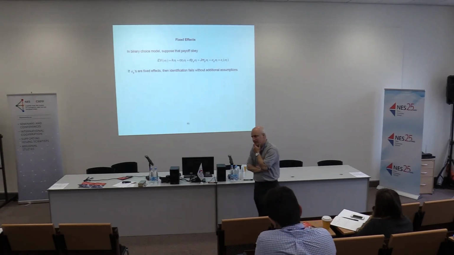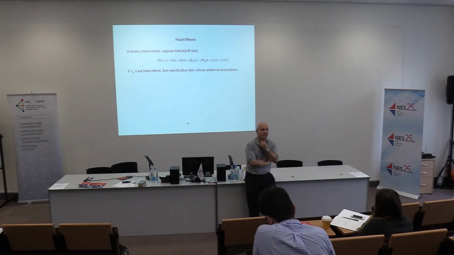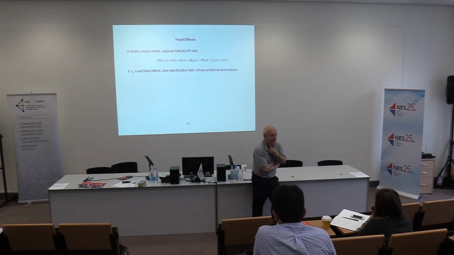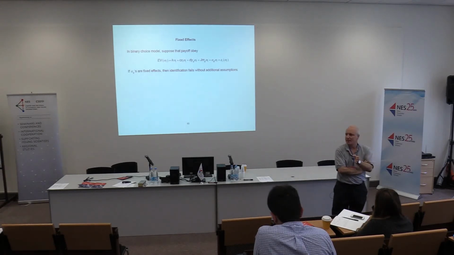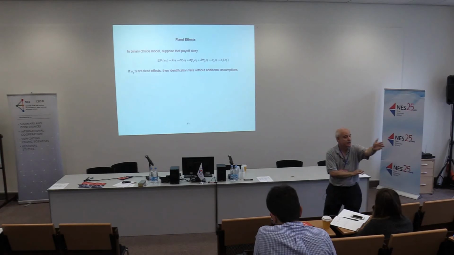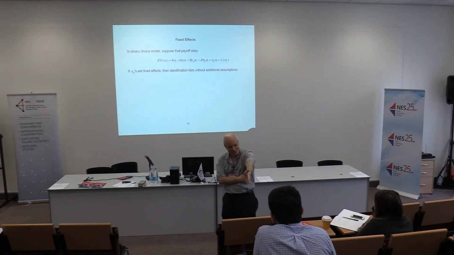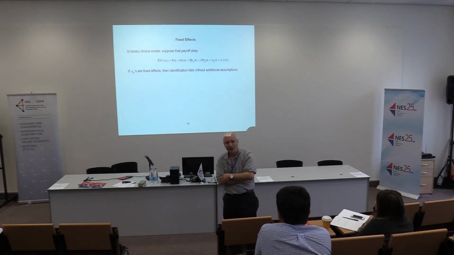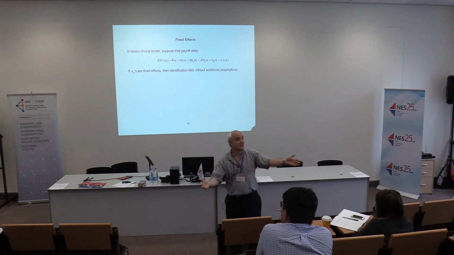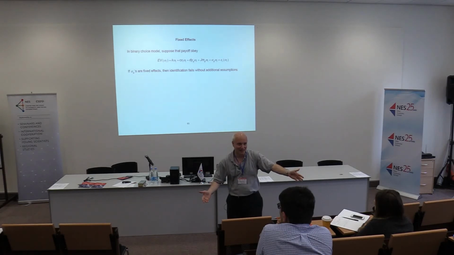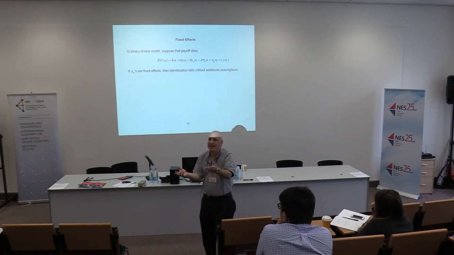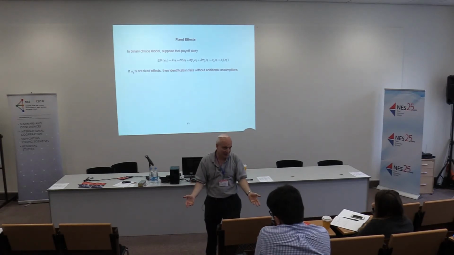So, how can I do that? I want you to think about an example I gave you in the first lecture. I said that I have classrooms and the students' X's are identical. This classroom, high attainment. This classroom, low attainment. This classroom, high attainment. I'm really picking on my poor Wisconsin student. Low attainment, and so on. I asked you, what would that tell me? Was that evidence of social interactions or multiple equilibria? I said, well, maybe it is, but maybe it's just teacher quality. Everyone with me? So that's what I meant when I said that if I have fixed effects, I can't identify anything in fixed effects if I don't say anything about them. I can never tell you whether there are multiple equilibria.